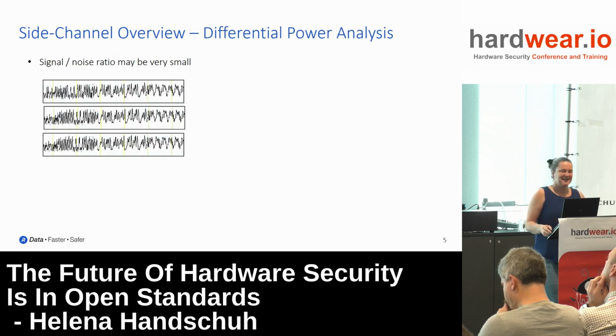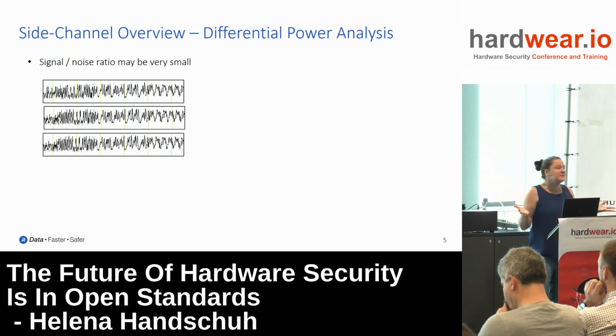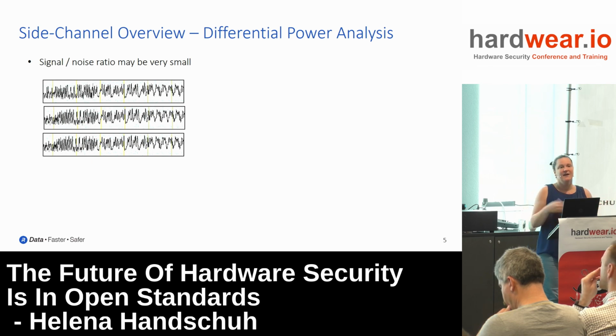Okay, so that was simple power analysis. That means you need one trace, essentially. Look at the trace, find the secret exponent of your algorithm, and you're all done. With symmetric algorithms, it's a little bit more complicated. It's a differential style attack, which means that you need more than one trace. You have to combine traces statistically and try to figure out the secret information from that.